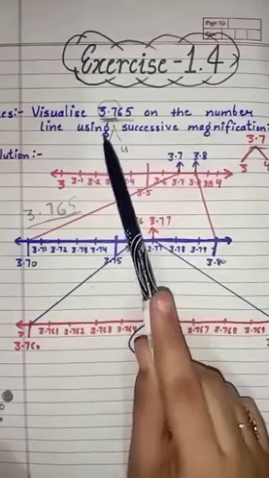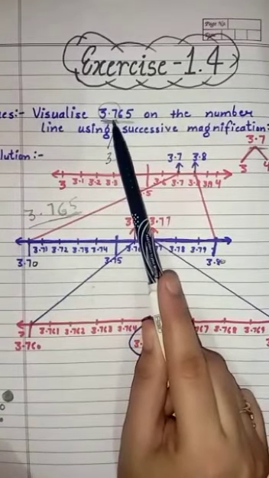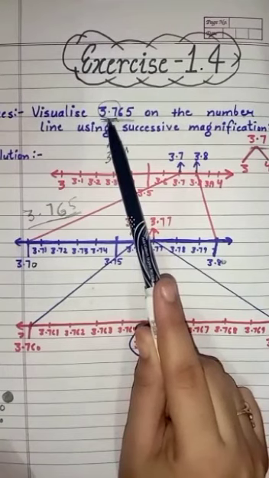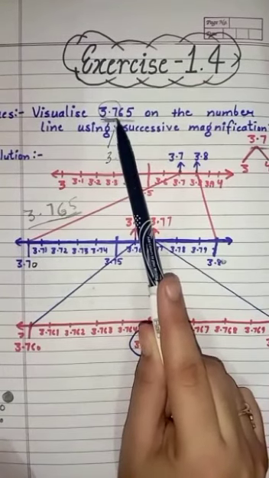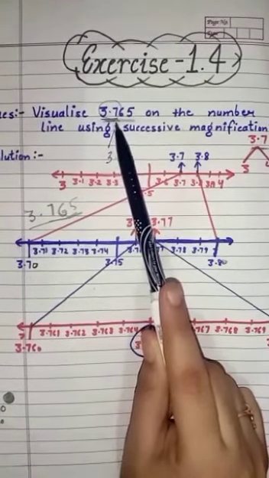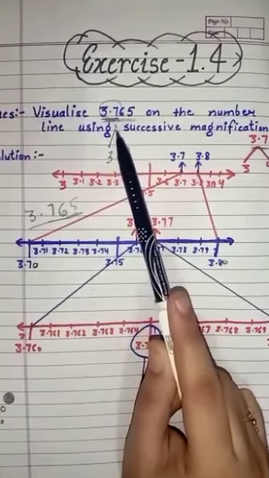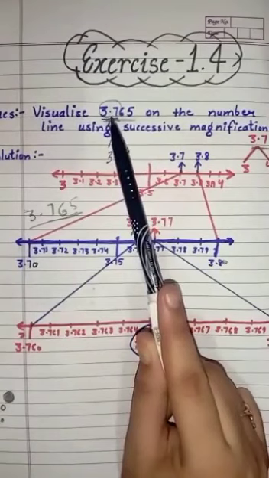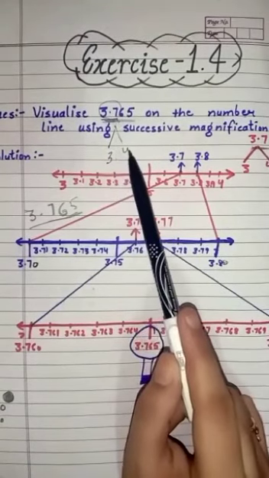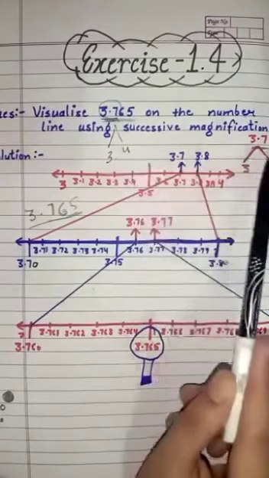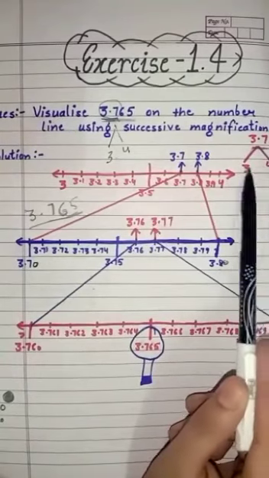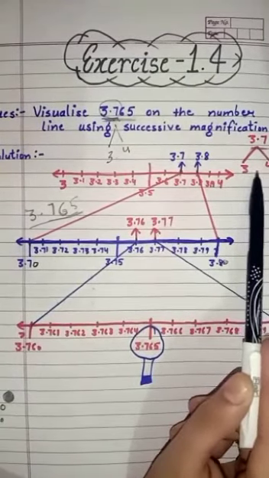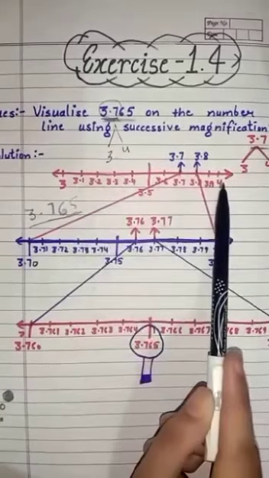Okay, so children, we first take two digits together. So it is 3.7. Okay, as we know, 3.7 would lie between 3 and 4. If we look at 3.7, between which numbers will it come, children? Between 3 and 4. 3.7 lies between 3 and 4. So we mark the number line from 3 to 4.